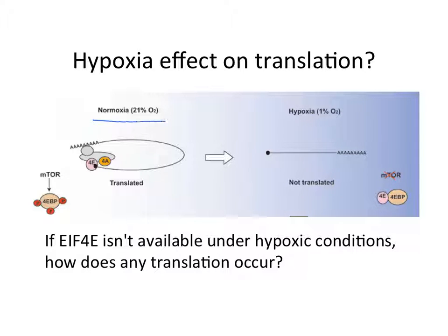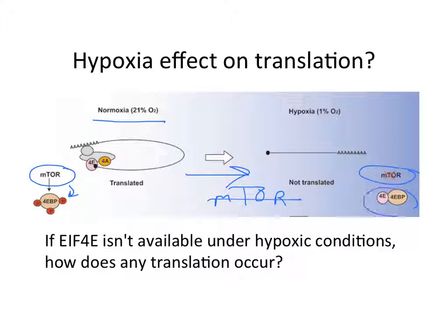well, when there's normal oxygen, this protein mTOR, it's a kinase, adds phosphate atoms to this protein called the 4E binding protein, 4EBP. Those phosphate molecules keep it off of EIF4E. When you move into a situation where there's low oxygen, as is shown over here, there's no more mTOR, it gets degraded. So 4EBP is not phosphorylated, and it grabs onto eukaryotic initiation factor 4E and prevents it from binding 5' caps